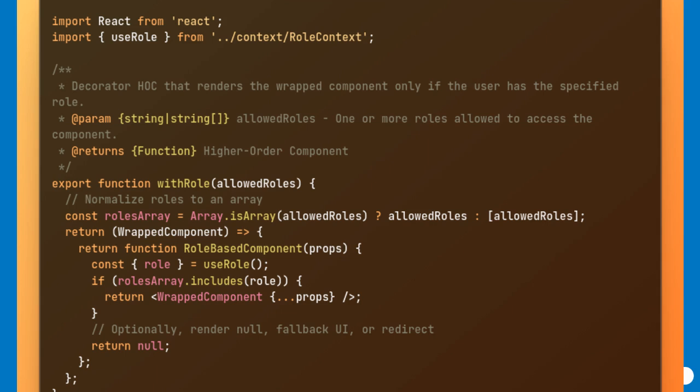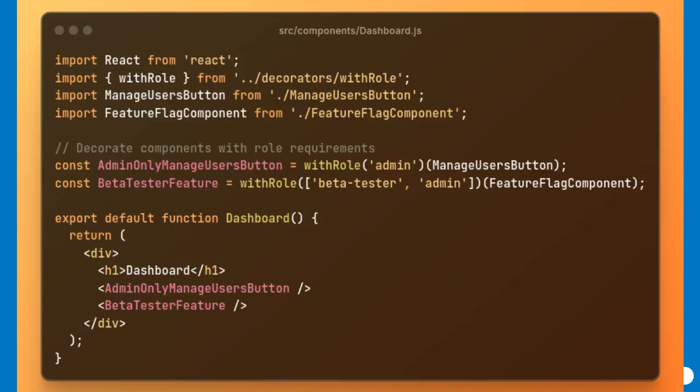UI enhancements. The dashboard component demonstrates practical usage of the with role decorator. It imports two UI elements, Manage Users button and Feature Flag component. Each is wrapped with role, specifying which roles are authorized to see them. The Admin Only Manage Users button is only visible to users with the admin role. The beta tester feature is visible to beta tester and admin roles. By decorating components at the usage site rather than embedding role logic inside them, the codebase remains clean and highly